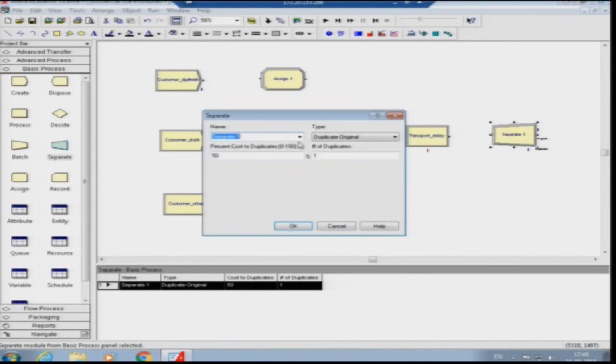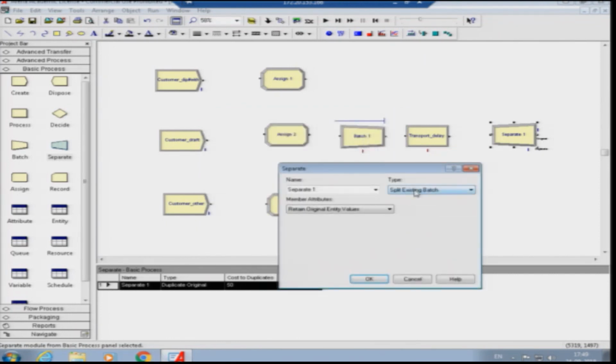Now, when you click the separate node, you can find that in the type there are two kinds of properties. One is duplicate original, the other is split existing batch. Since we haven't used the permanent batch, we will use this type as split existing batch. Now, in the member attributes column, you can see that there are 3 options: retain original entity value, take all representative values, or take specific representative value.